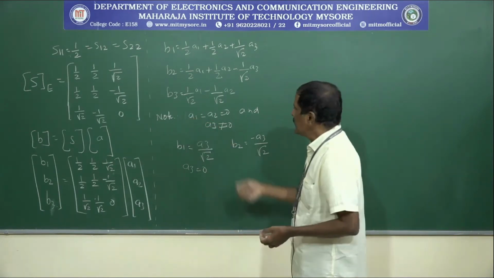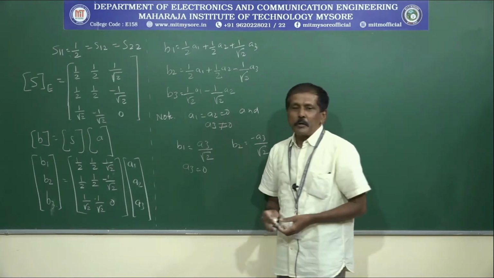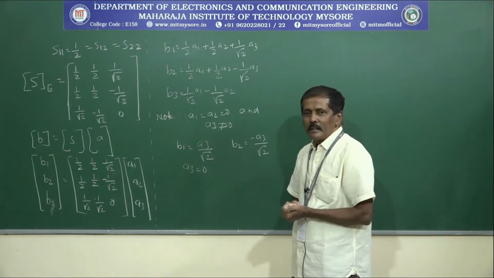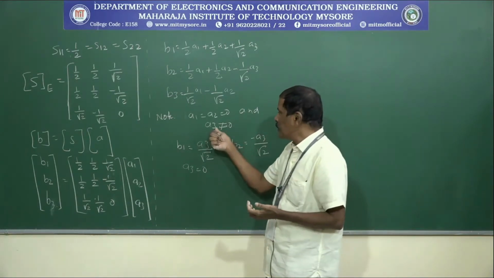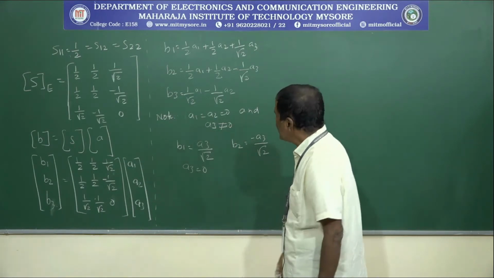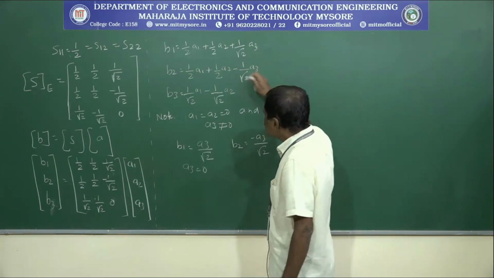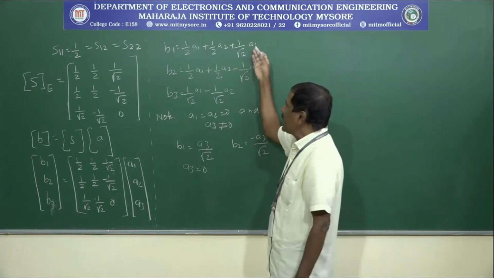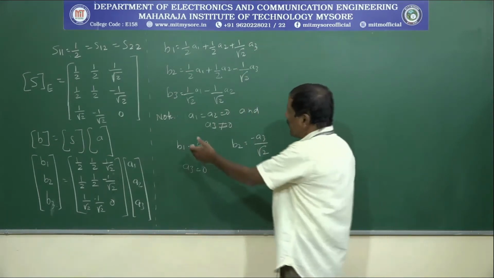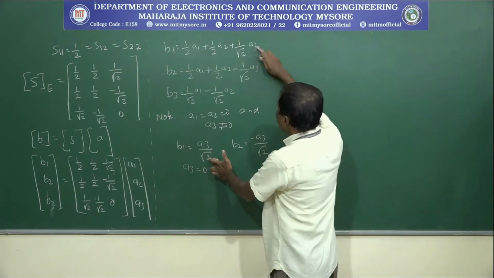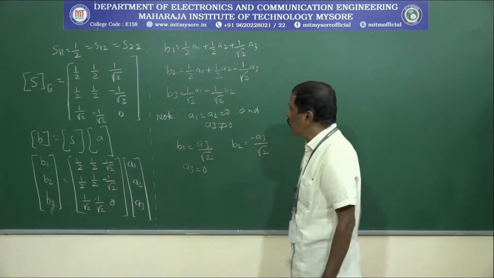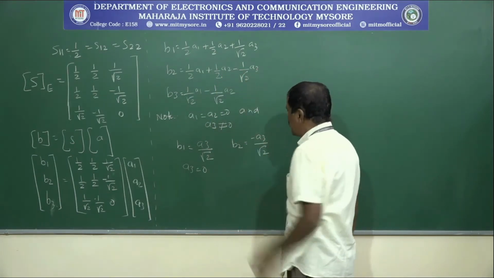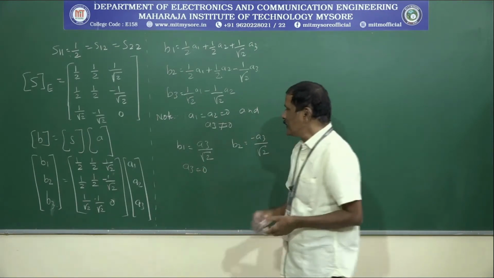And we know that A1 equal to A2 equal to 0. So that means from port 1 and port 2 we are not applying any inputs, whereas for port 3 we are applying the input, therefore that value is not equal to 0. Now in these equations, substitute the values of A1 and A2 as 0 and keep A3 as it is because the value is not equal to 0. So then B1 equal to A3 divided by root 2 because this value and this value will go. Similarly, B2 equal to, this and this value will go, you will write with minus A3 divided by root 2, and A3 value is not equal to 0.